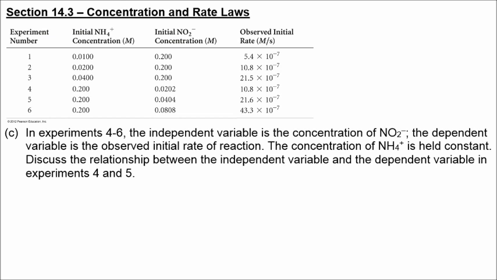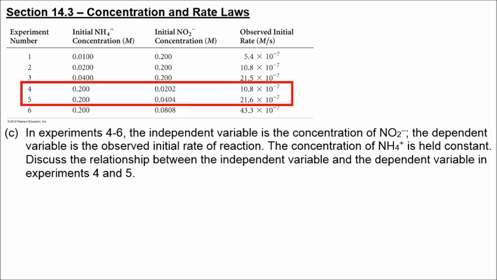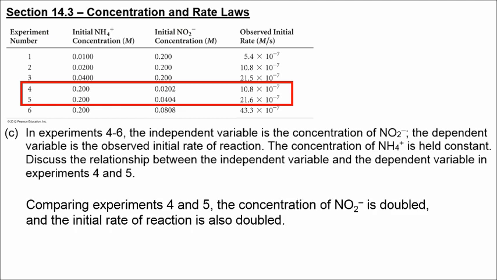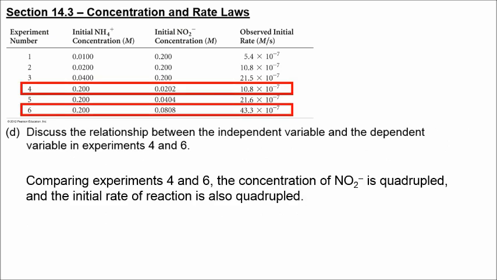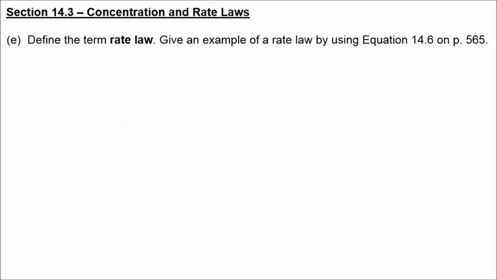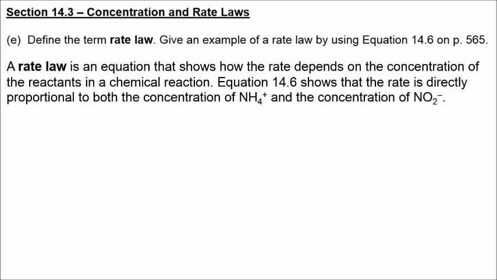Let's take a look and see what happens in experiments 4 and 5. They doubled the concentration of nitrite, and the initial rate was also doubled. Between experiments 4 and 6, they quadrupled the concentration of nitrite, and they also quadrupled the initial rate of the reaction. The term rate law is an equation that shows how the rate depends on the concentration of the reactants